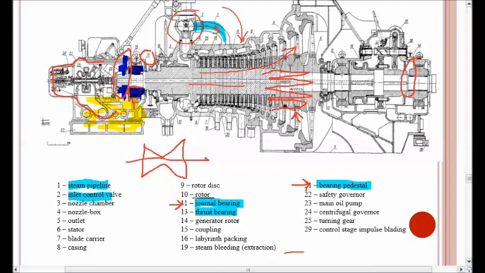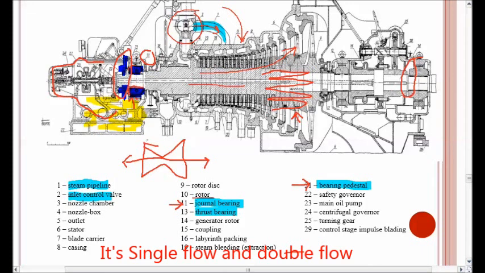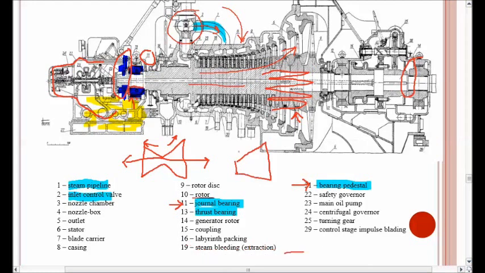the axial vibrations that we get cancel each other as the expansion of the steam is on both sides. But in the case of a single pressure turbine, the expansion is only in one direction, so the probability of having axial vibration will be more. So to eliminate any damage because of this axial vibration, we have the